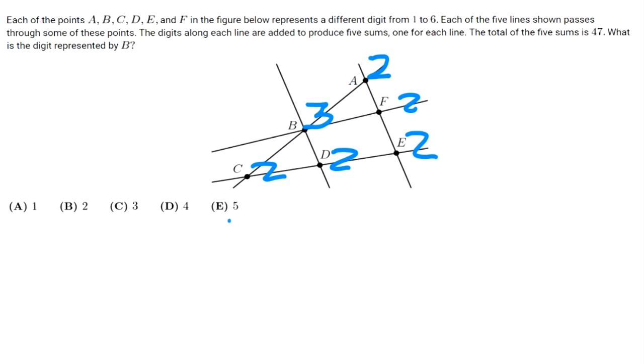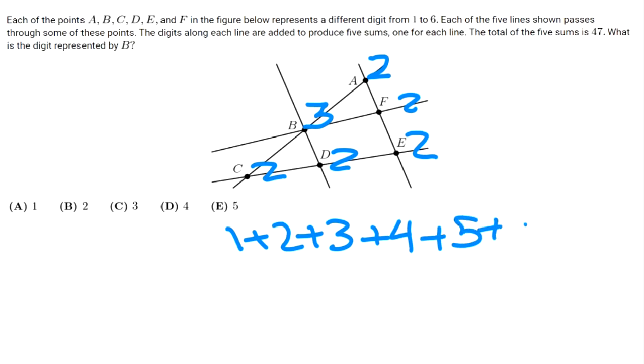So after you notice this, if they're all different digits from 1 to 6, 1 plus 2 plus 3 plus 4 plus 5 plus 6 is 21. And 21 times 2, because of all these, would be